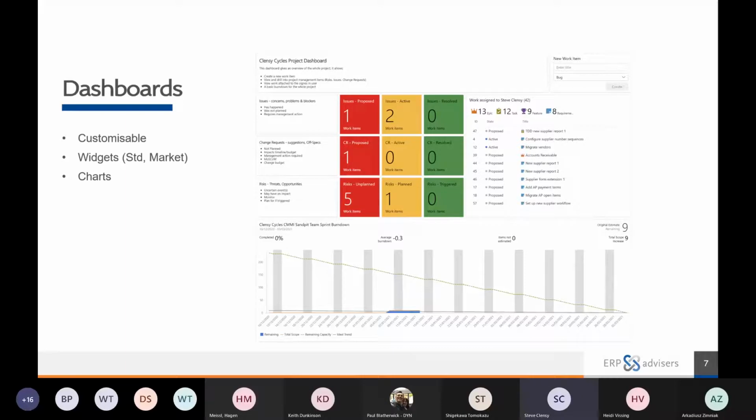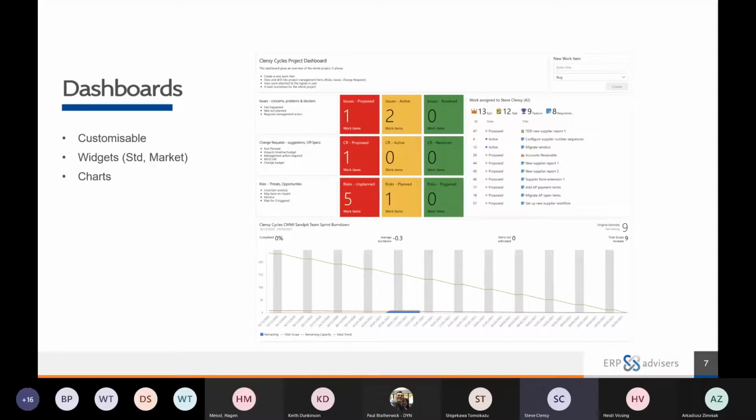So just to go through some of the things on that dashboard, you can see up in the top right hand corner the ability to create a new work item. I've put a widget in which just shows items that are assigned to me, and that'll be all different types of items. I've just discussed the red, amber, and green section, and down at the bottom we've got a commonly used chart here from Agile, which is a burn down chart. And that chart's showing me that on this particular iteration, although there's not a lot of work in there, I have to say, because I haven't put much in,